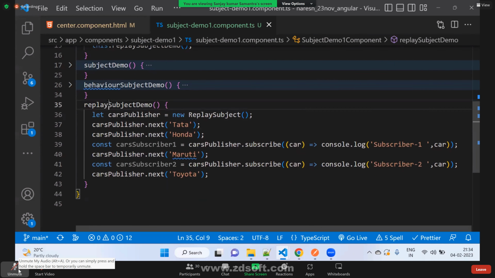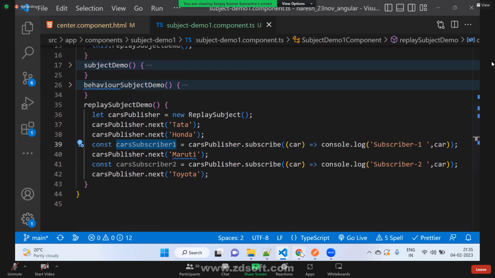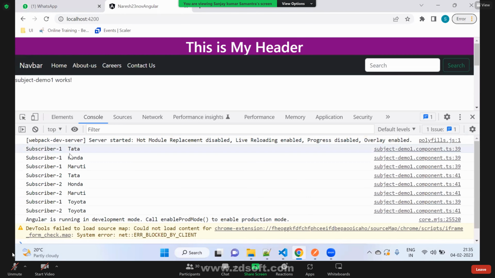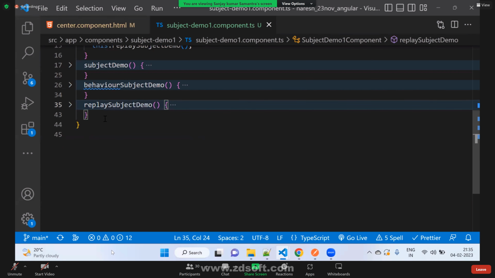Next is replay subject. In replay subject, the subscriber joins after two values are published. But how much data will this subscriber get? Two or all the data? Yes. Subscriber 1 gets 4 data, Tata, Honda, Maruti, Toyota. Subscriber 2 gets 4 data, right? Yes. All the subscribers will get all the data, no matter when I subscribe, right? Yes. The last one is